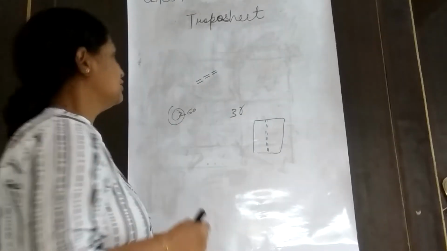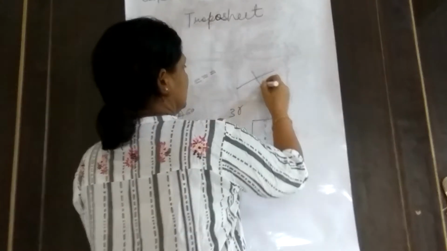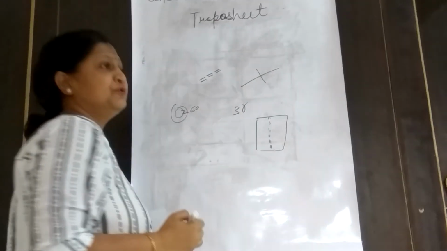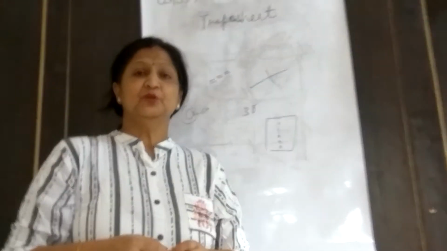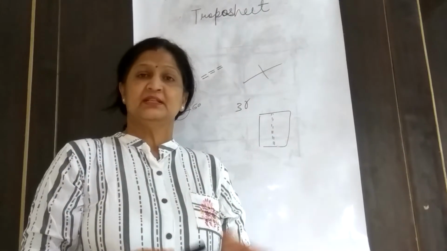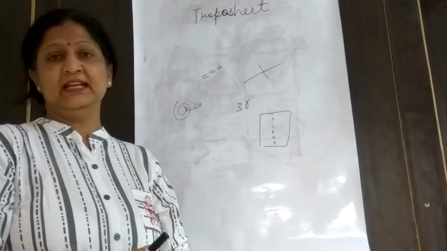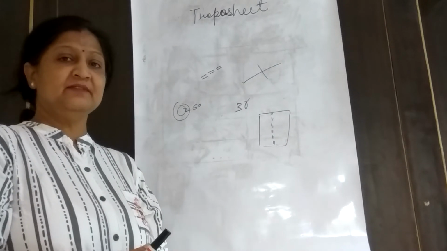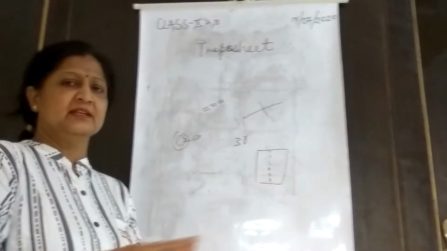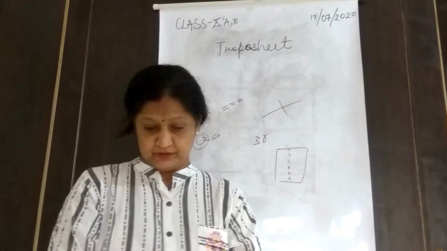The next thing is a causeway. Causeway is mentioned here. A causeway is like a bridge, but it is not constructed like a bridge. The black line indicates a stream which has water in the rainy season, and when it has water, a temporary type of bridge is made. So it is known as a causeway.